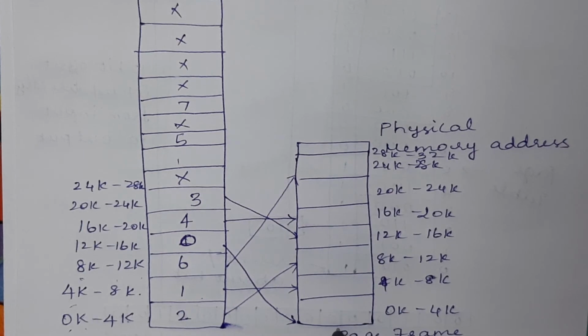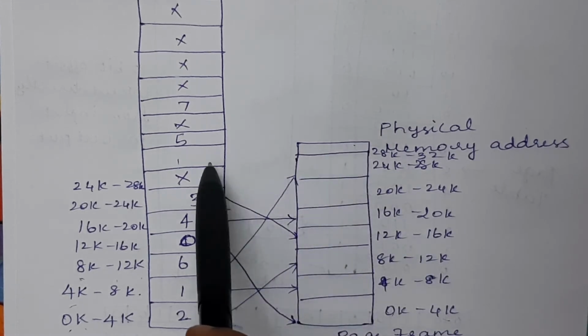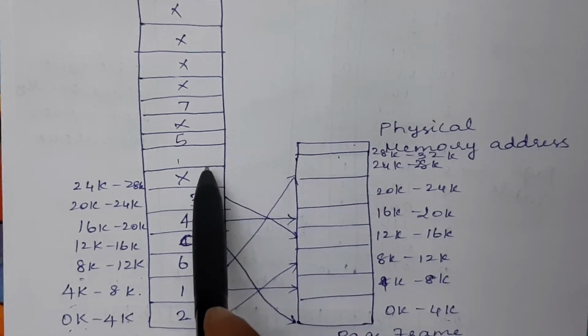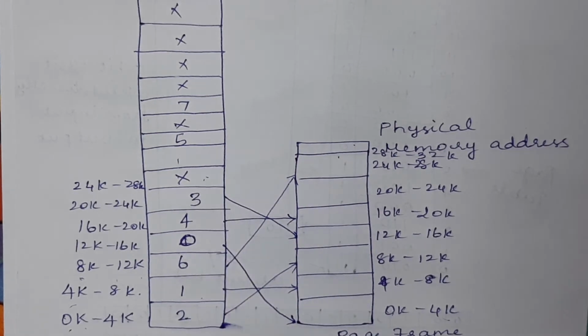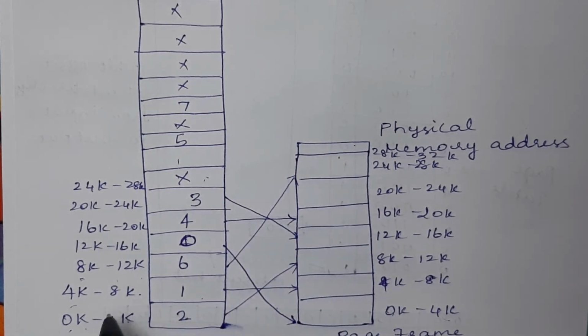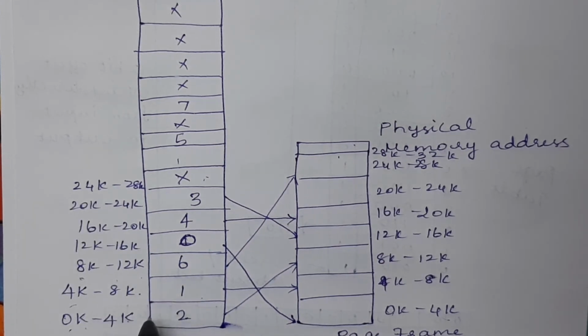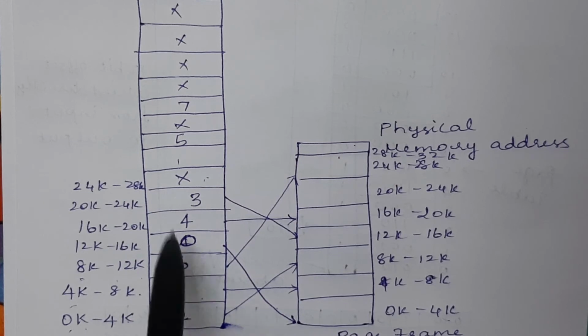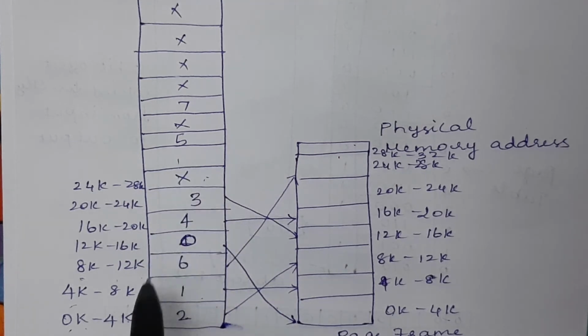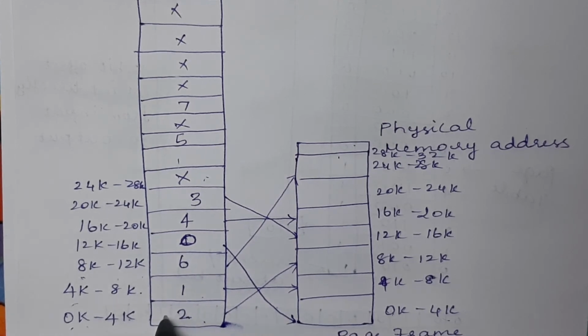Even in the main memory, we have divided it into several frames, and each frame size is 4K. Again, this is partitioned in this way. So it consists of 8 frames here, and here we are getting 16 pages. So if you want to execute that instruction, you need to fetch the content which is stored in the 0th location. It is available in page 0. So you are going to access this page 0.